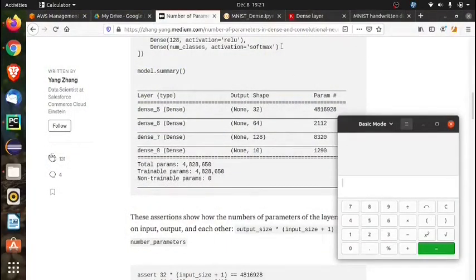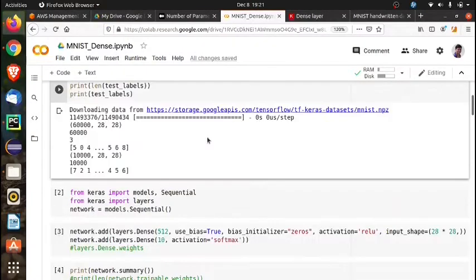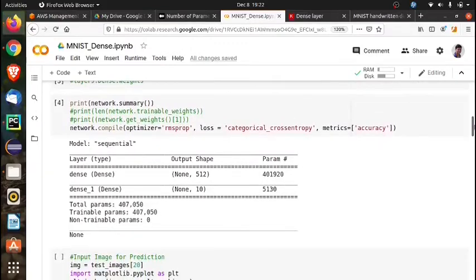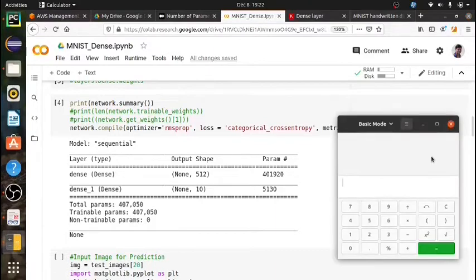Now just see. Here the input is the image of 28 by 28.